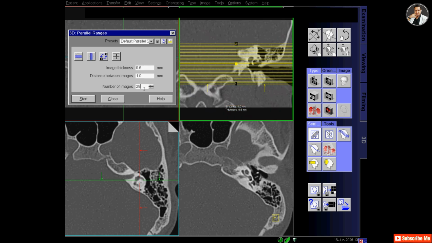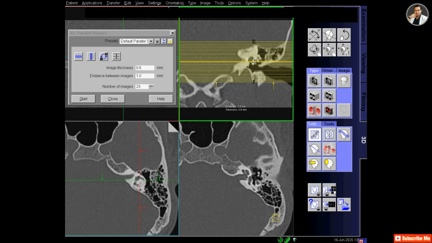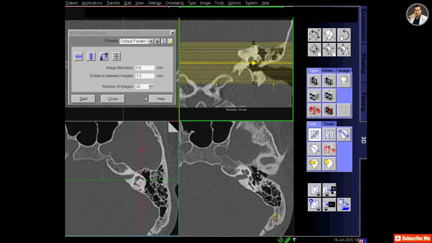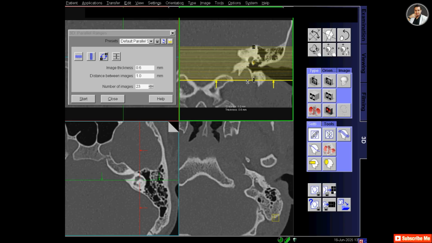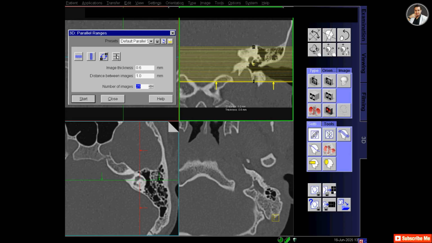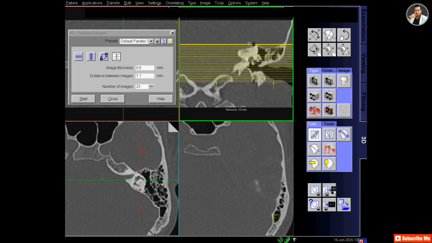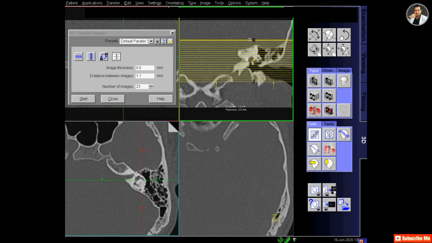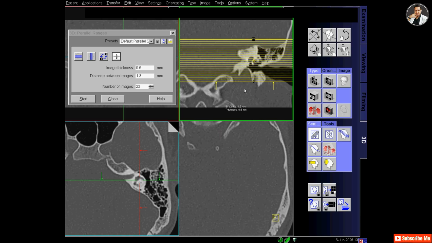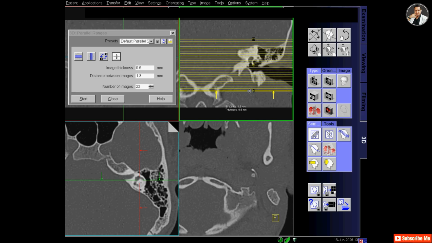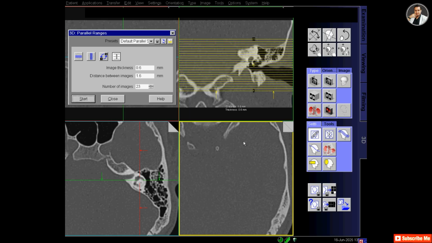So I select 29. Oh, sorry, I again change it to 23, and I'm fixing the number so that when I drag the slice, the number will not increase or decrease. So drag the upper slice and lower slice so that the whole temporal bone is included,